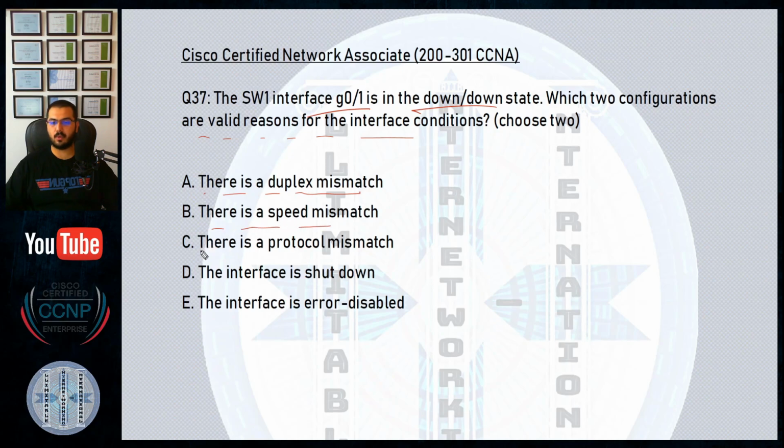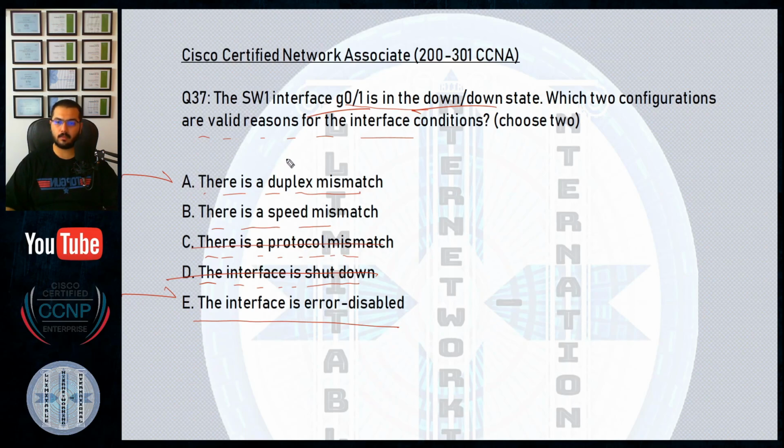I don't believe so. There is a protocol mismatch. It will not cause a down. The interface is shut down. This should be administratively down. Administratively down over down, not down over down. No. Error disabled, yes, will show it as down, and I believe also duplex mismatch will show the interface as